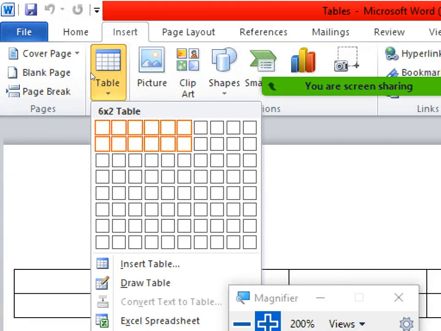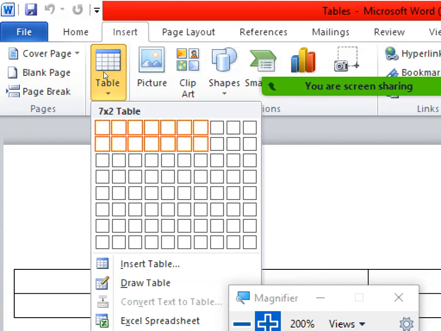So assume that we want to create a timetable. For this, we require minimum 6 columns. From Monday to Saturday, we need 6 columns. And for the time, we require another column. So we'll select 7 columns. Okay, this 7 cross 2 indicates that we have 7 columns and 2 rows.